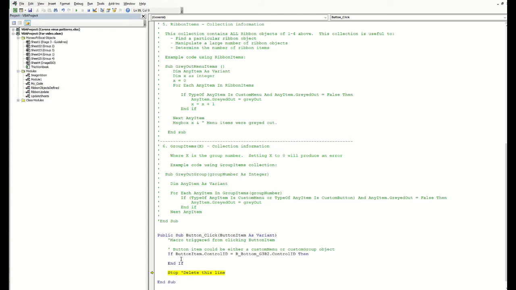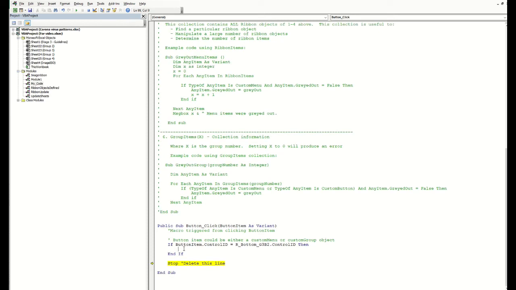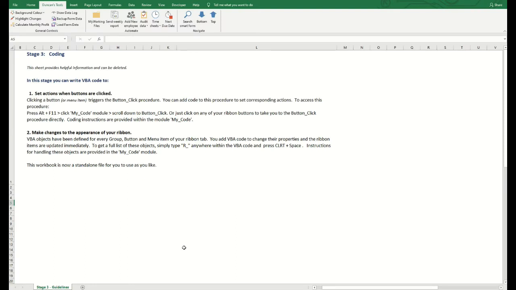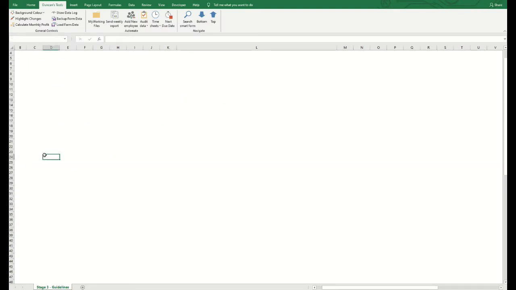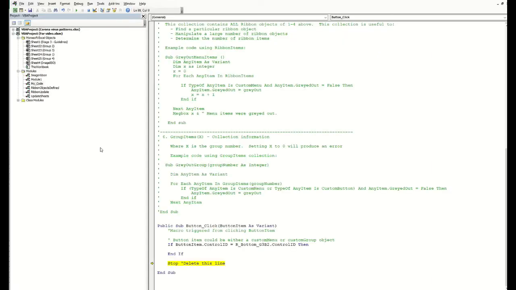So if the bottom button is clicked, it will execute whatever code is inside this if statement. So I'll send it to the bottom of the page. Let's make 24 the bottom of the page, just for argument's sake. Now I'll press Alt F11 to go back to the code, and if the button is pressed, I'll send it there. So sheet 1.range